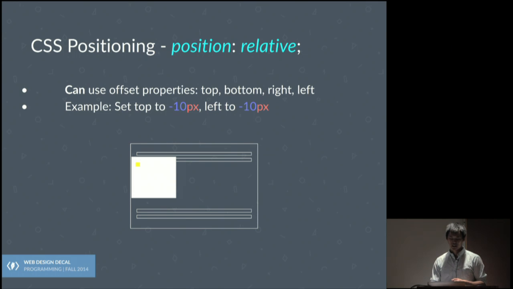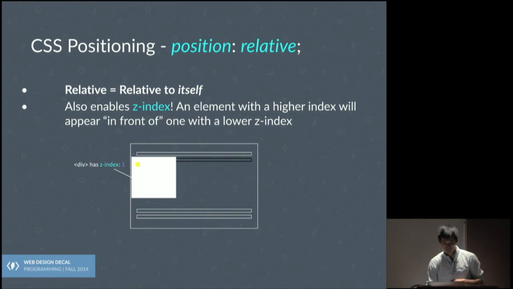Something to note, and I don't know if anyone picked up on this: when you do this sort of thing, you can obscure other things. Did anyone pick up on how, in this case, if I have this image and text above it, and I move the image up and to the left, there's the possibility that I'd cover up things beneath it? By beneath, I don't mean below it, but behind it. If we're thinking about it in layers, the layer behind has the possibility of being obscured, and it actually would be in this case.